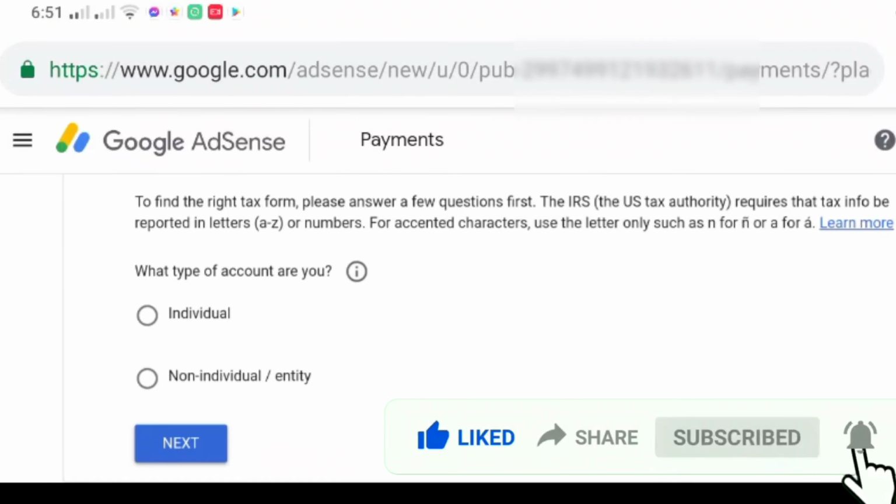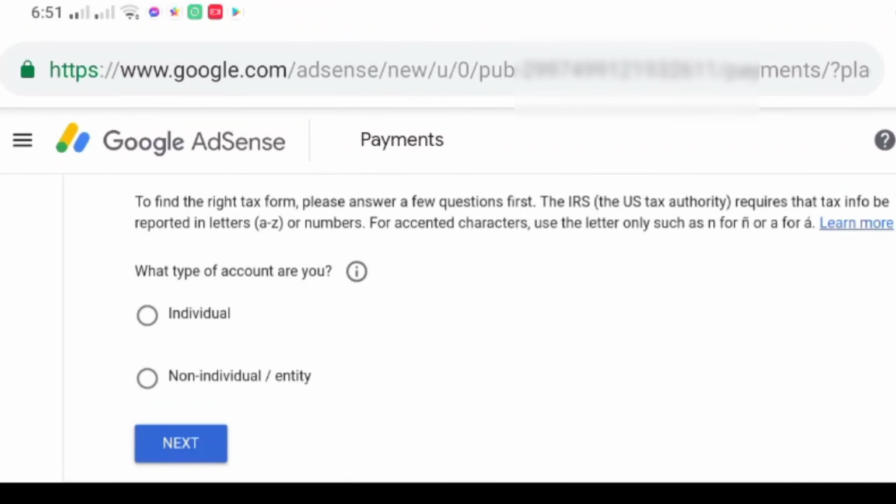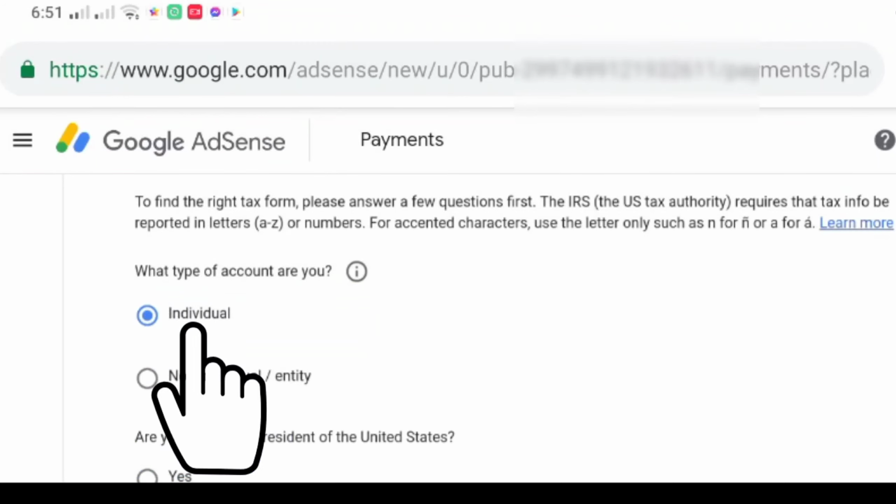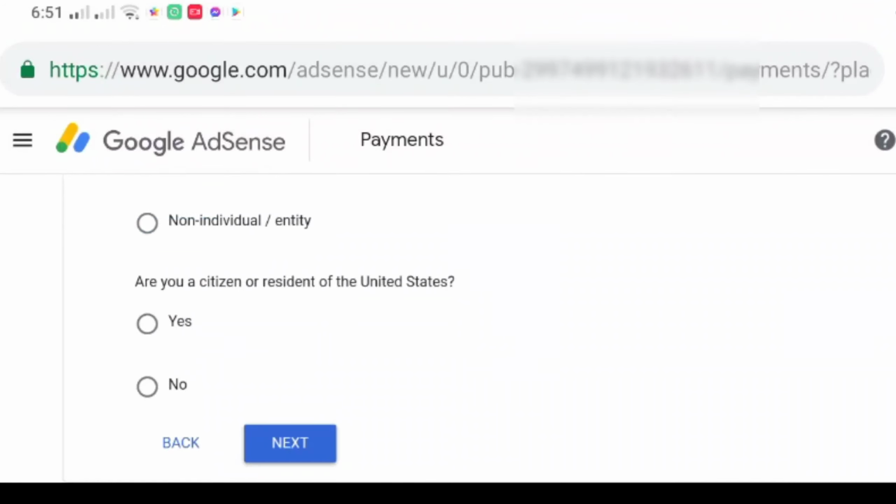So, hinihingi po dito kung anong klaseng account po meron tayo. So, pipiliin natin itong individual. Then, next.